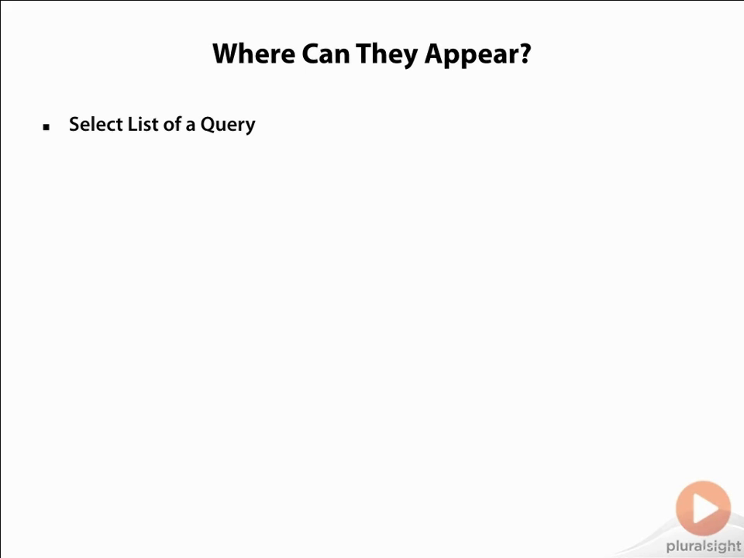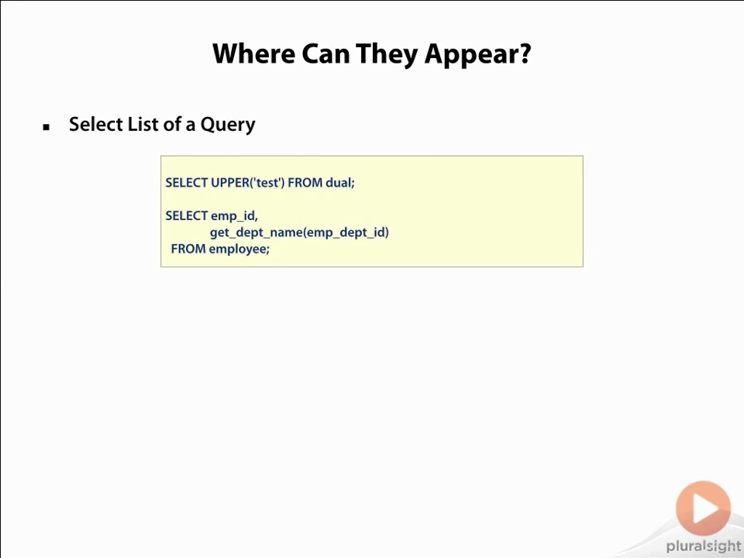Where can they appear? They can be called to fetch a value as a part of the select list. For example, in this code snippet, we invoke the Oracle built-in function upper to convert the passed character string test to uppercase. And next is an example of calling a user-defined function getDeptName inside a select. Select empid, getDeptName(empdeptid) from employee. Here I am passing the column empdeptid to the function, and so it will get called for each empdeptid fetched